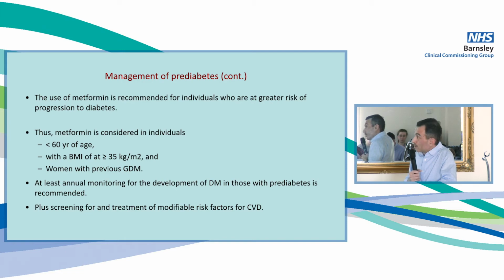In certain cases, you may consider using metformin. This is especially in people who are considered to be at a higher risk of developing diabetes, especially if they're below the age of 60, on the basis they've got more years to develop diabetes. If they're obese with a BMI of more than 35, or if the patient has had gestational diabetes in the past. So in these patients, you may well consider starting metformin at the pre-diabetes stage, in addition to